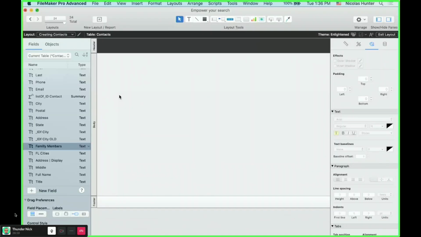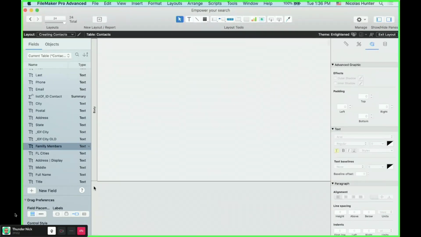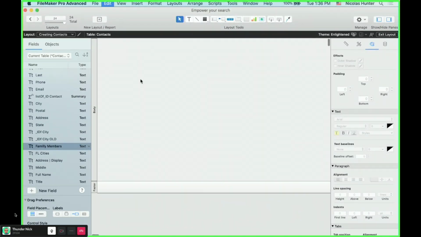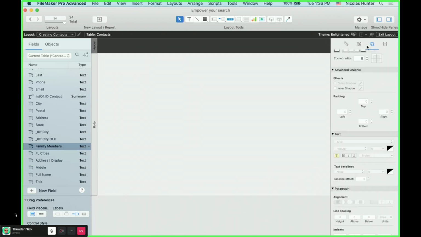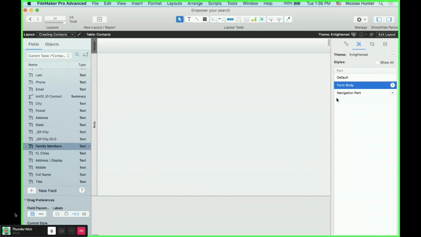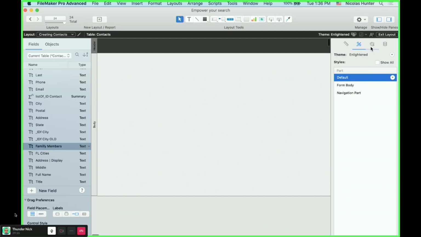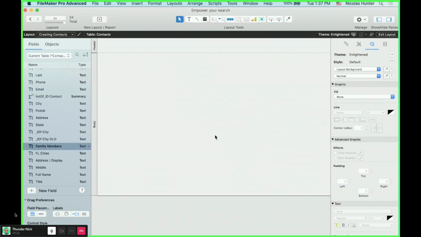And I get rid of the header. I get rid of the body. Actually, I can keep the header. I just change the color, because you can do that. Here you have styles and stuff like that. And you can say from the board. No, I want from the part. Default. Yeah. Let's say I want the same gray here. Okay. But I want that to be a header. So I want to say